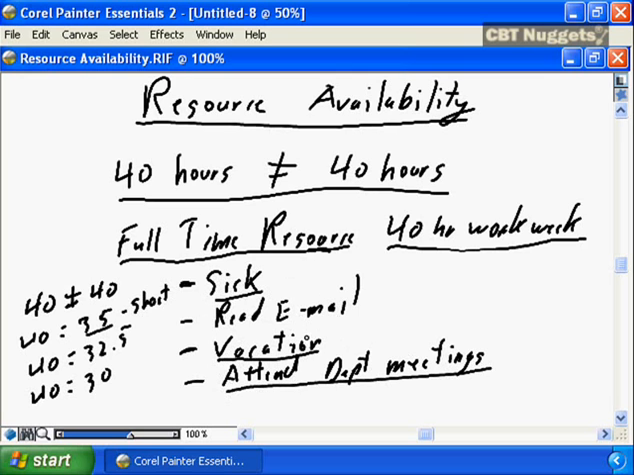How much vacation time do you have to plan for? What is your company policy on sick time? Maybe 40 is closer to 32.5. Maybe 40 is closer to 30. You need to determine the likelihood of impact for things like sick time, for vacation, for departmental meetings, for other company responsibilities,